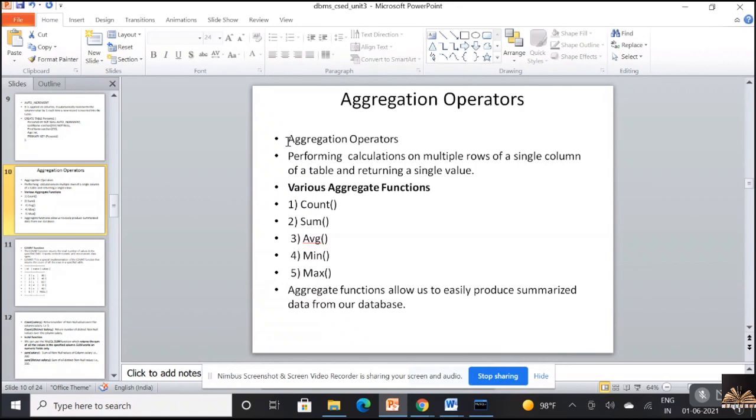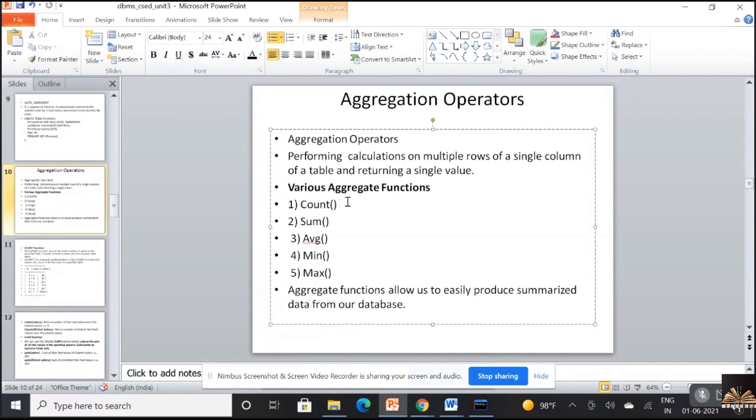Okay, and the different kinds of aggregate functions, aggregate operators also you can say, are count, sum, average, min, max. So you're not going to write any particular code for all these functions.